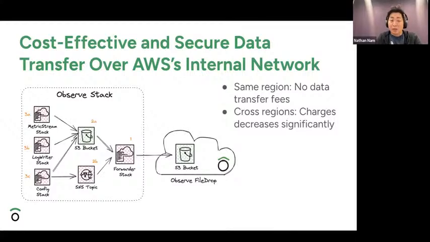So when this telemetry data is transferred between Amazon S3 buckets, you typically use the AWS internal network, avoiding the public internet. This approach not only enhances security and reduces latency, but also lowers your potential data transfer costs. If your S3 bucket exists in the same region where your Observe tenant exists, and you're using the new AWS integration, no data transfer fee will show up on your AWS